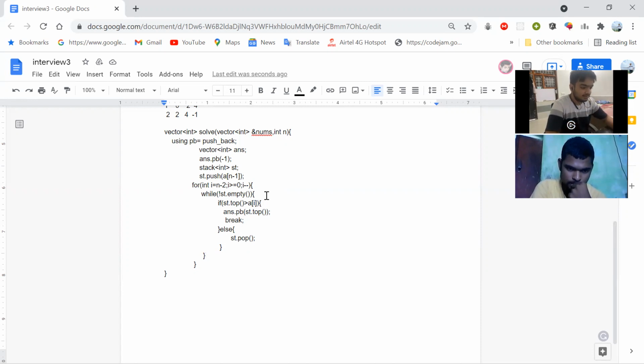If at the end of the while loop no element is found which is greater, then I have to check if st.empty is true. If it is true, then I need to push -1.